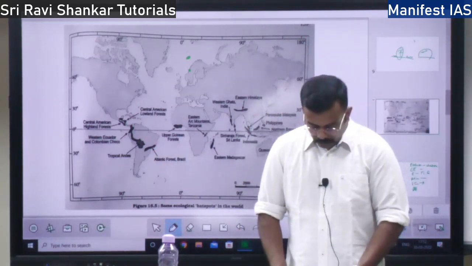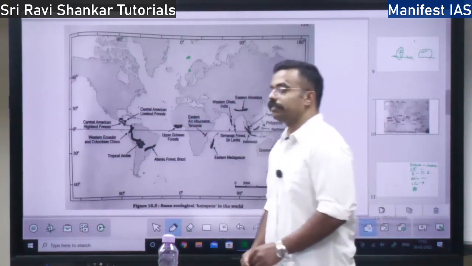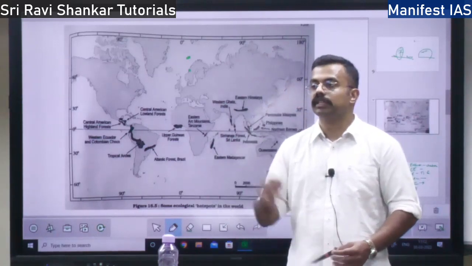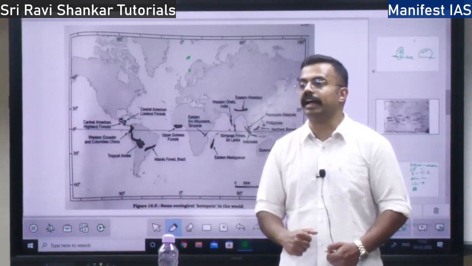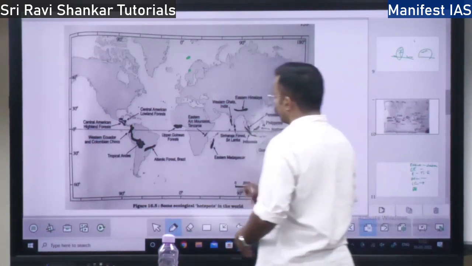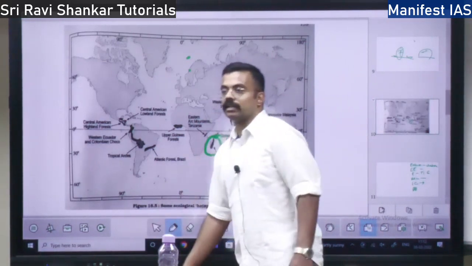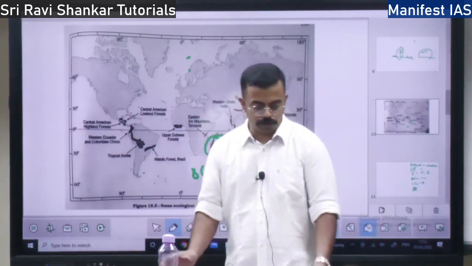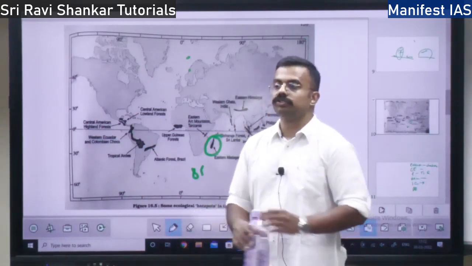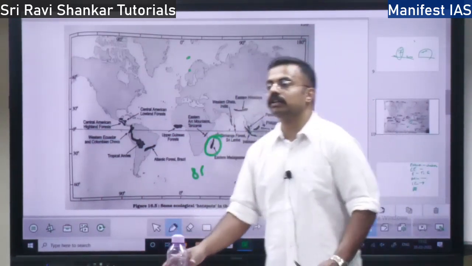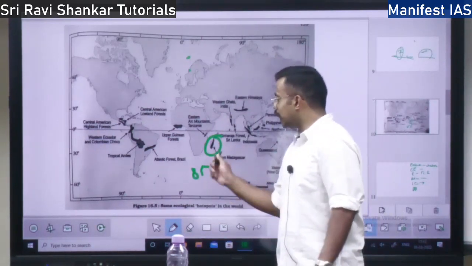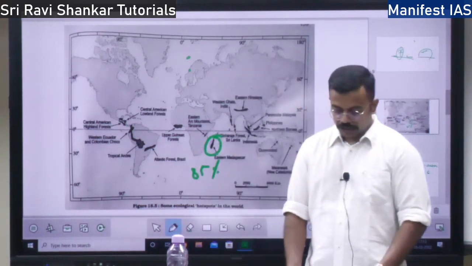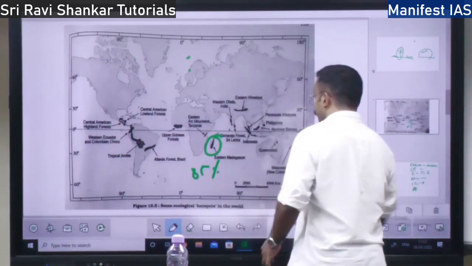Next, the IUCN, International Union for Conservation of Nature, has also marked certain biodiversity hotspots. A hotspot means where biodiversity is very high. They have marked Madagascar. If you take the example of Madagascar, which continent does it belong to? The African continent. In Madagascar, 85% of the animals and plants found are not found anywhere else, right? So it is a biodiversity hotspot. Okay, now we have finished the world